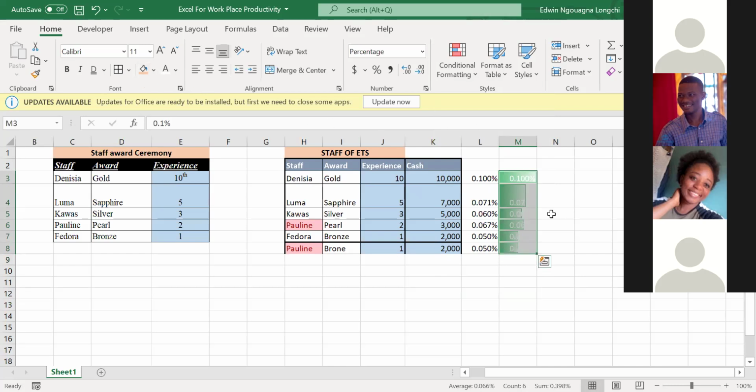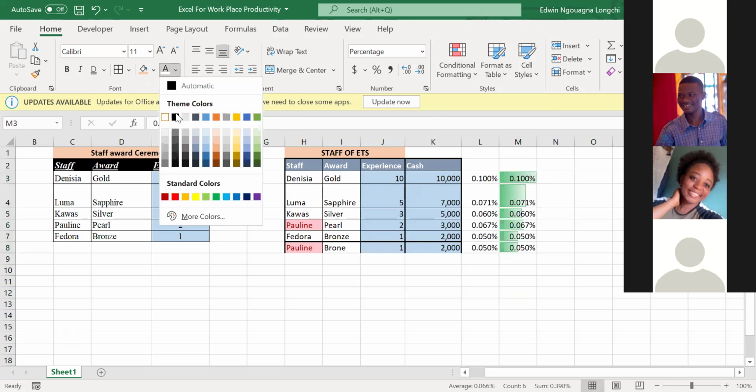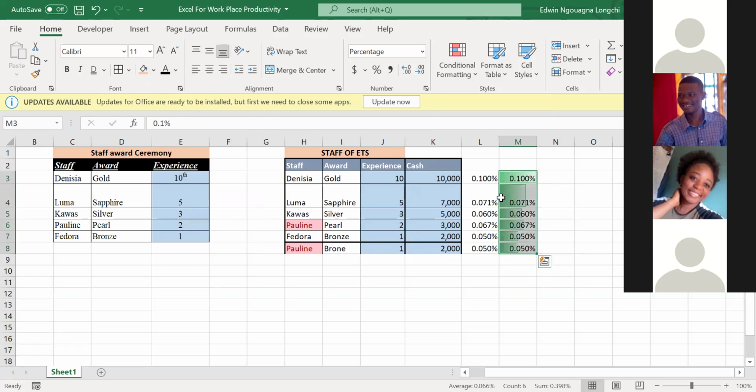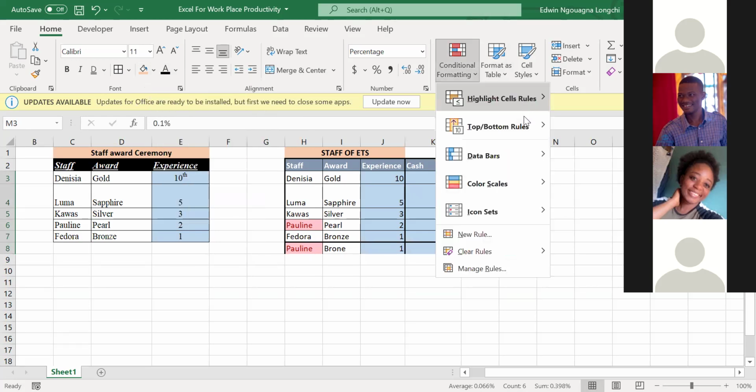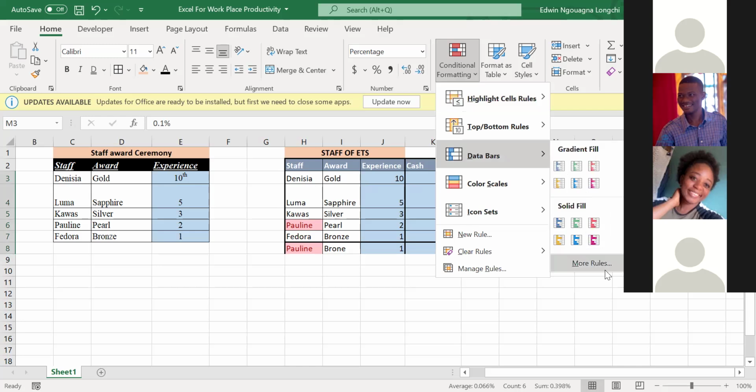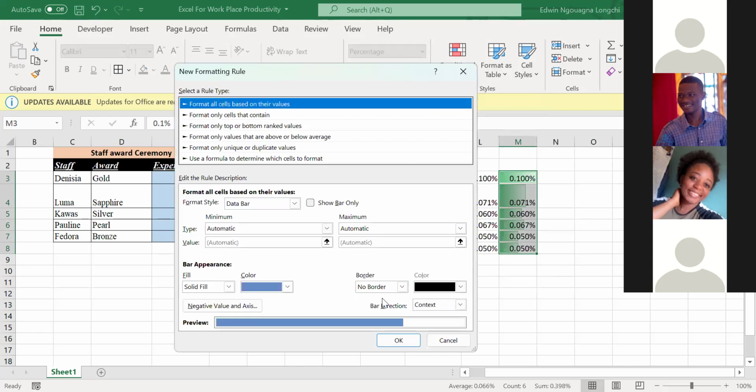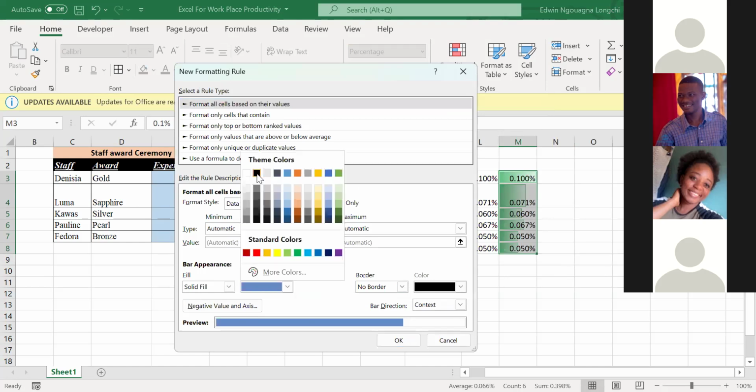All right, so let us change the color back to black, and then the data bars. Can we have our own colors? Yeah, solid fill color. Yeah, we can have our own colors, right? Everything black.